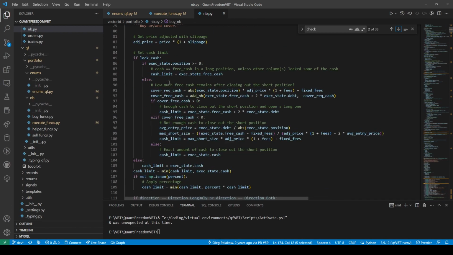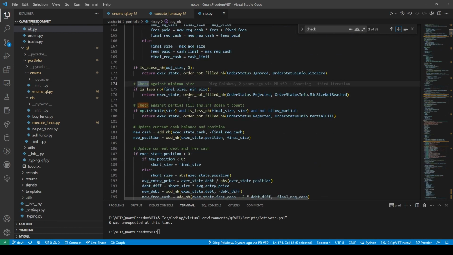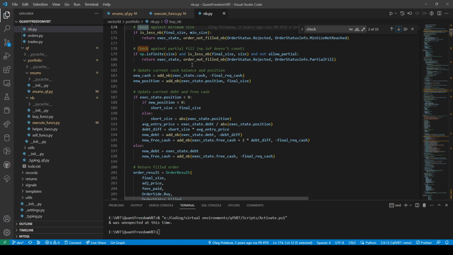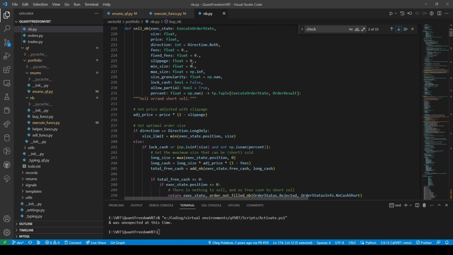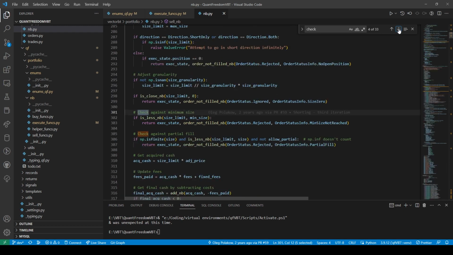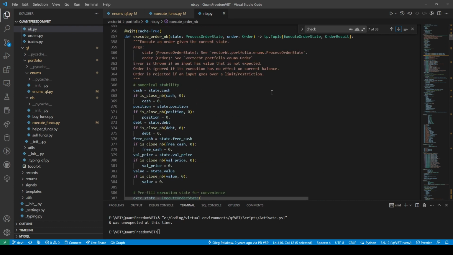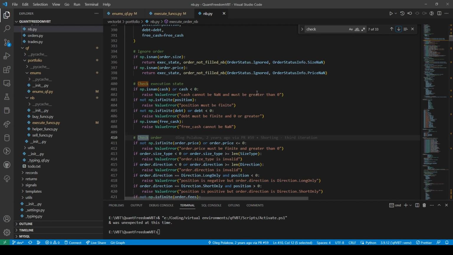Buy in B. Check against minimum size. Execute order.